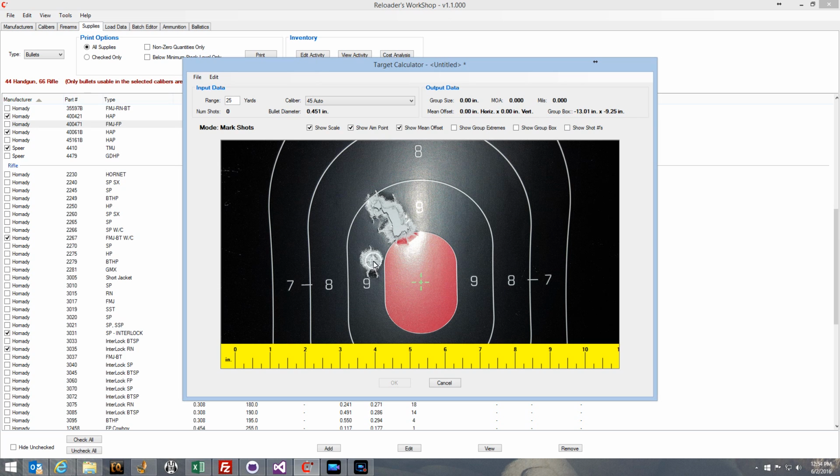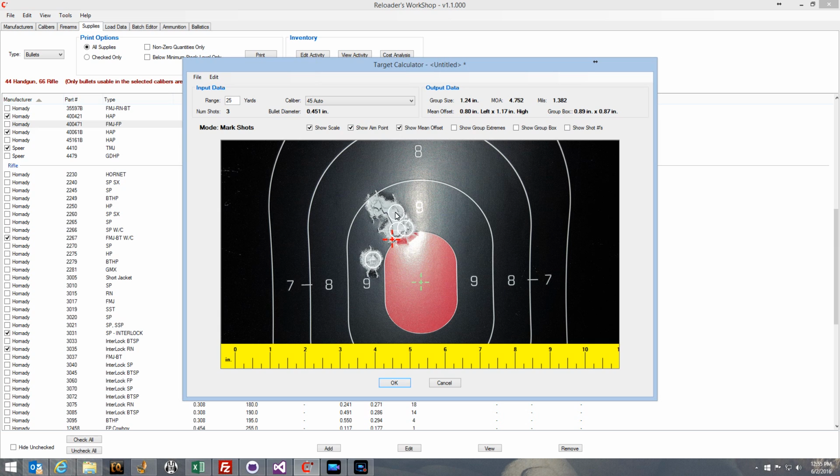Now, I've got a shot right here, and I'm going to use that shot marker to kind of center my reticle over the impact point of that shot, and left click, and you'll see it'll leave a shot marker there. And I come up to my second shot and mark that one. Now you'll notice as soon as I mark the second shot, you see this red reticle show up here. I'll explain what that is in a minute, but you'll see that moving around here as I mark my shots. Now my third shot is right